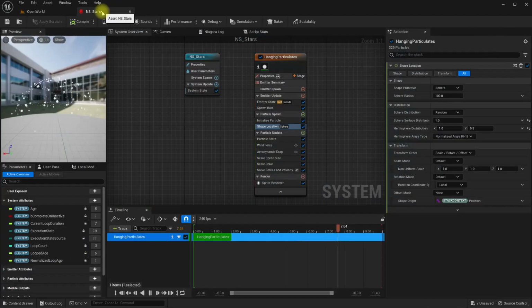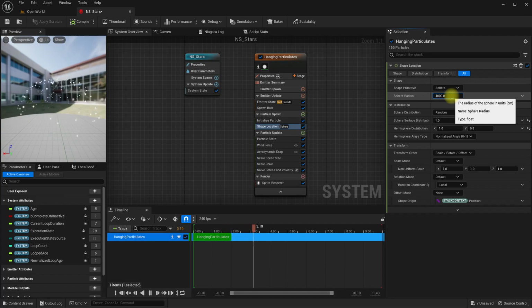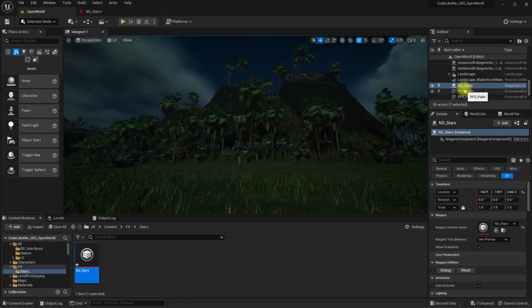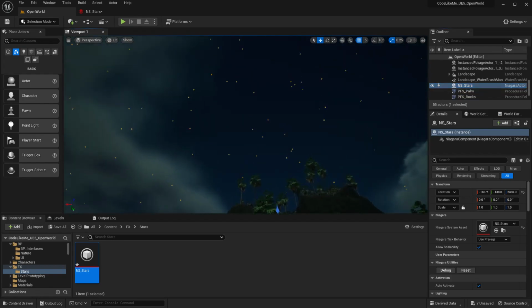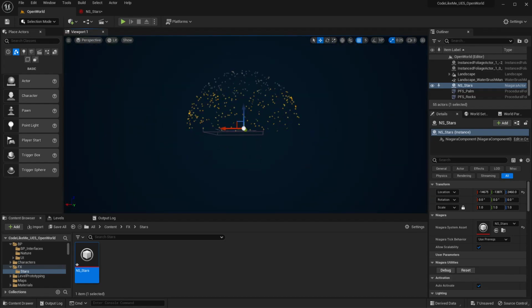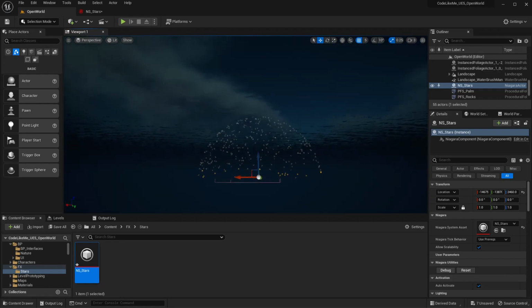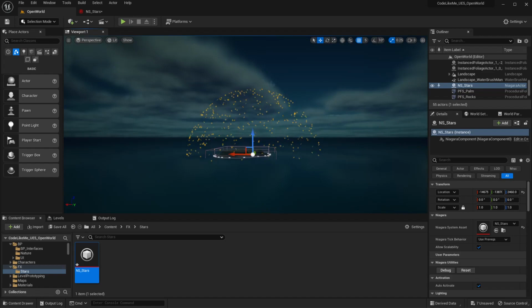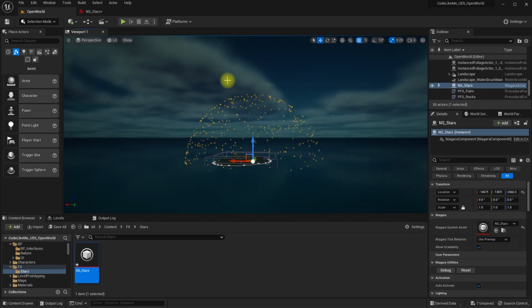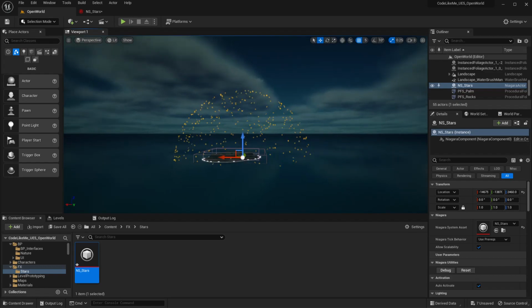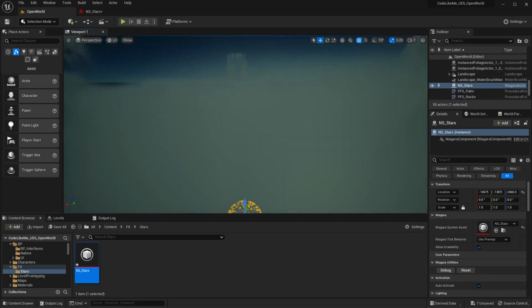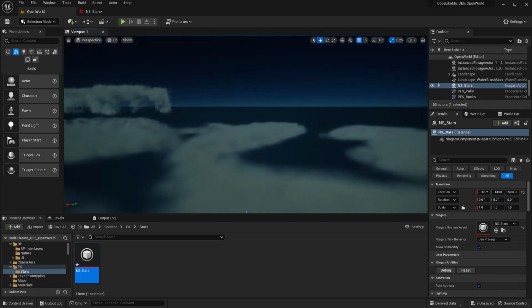So let's increase the sphere radius. Let's add a couple zeros and see. So if I press F, now we can focus on the stars, but this is still below these clouds, below the cloud levels, which is not what I need. I need the stars to be above the cloud level,